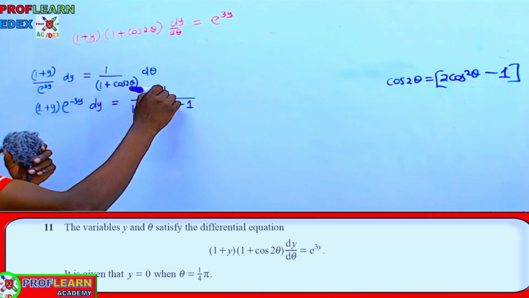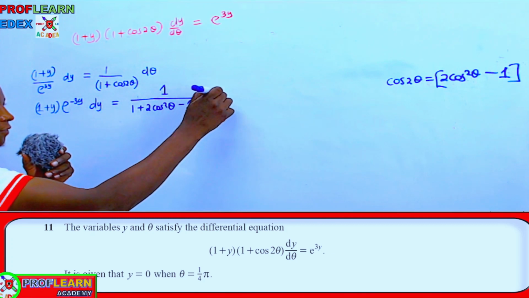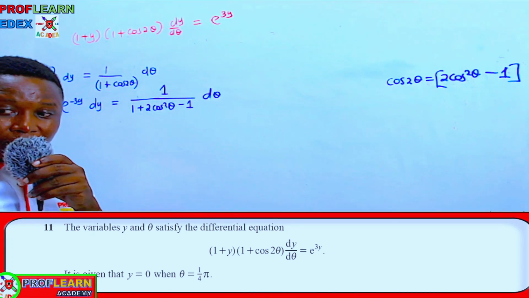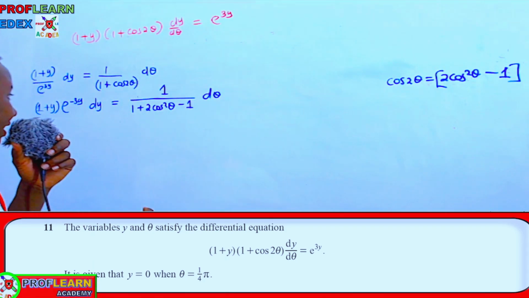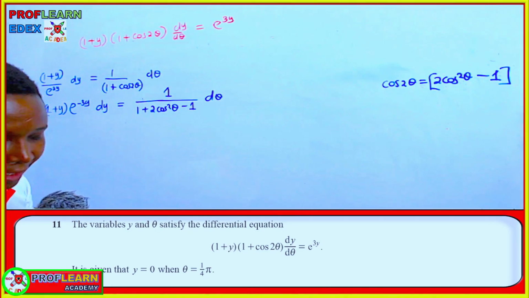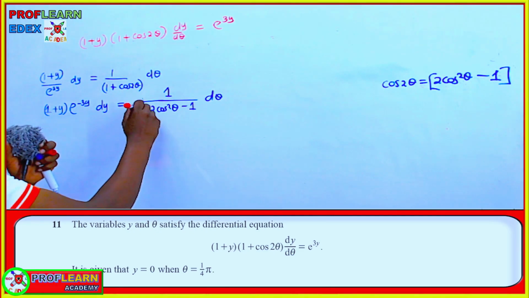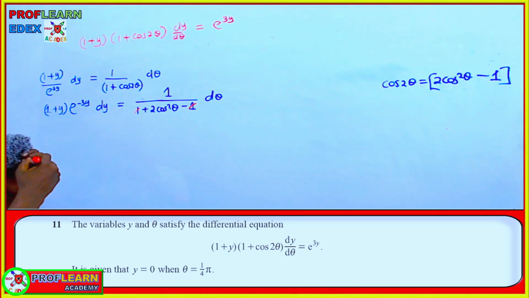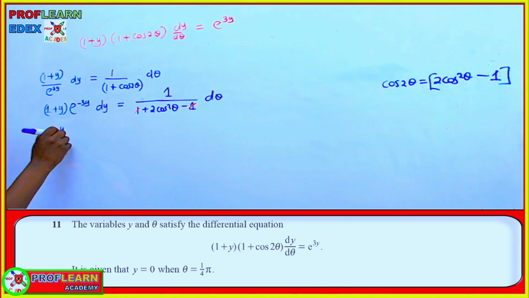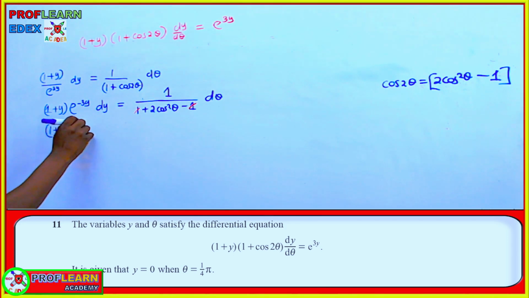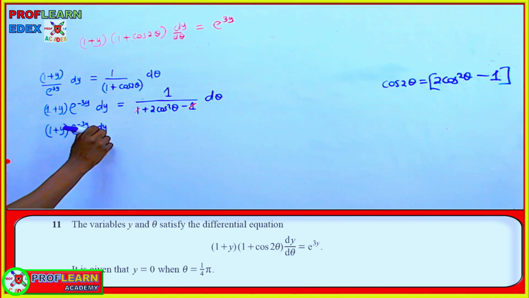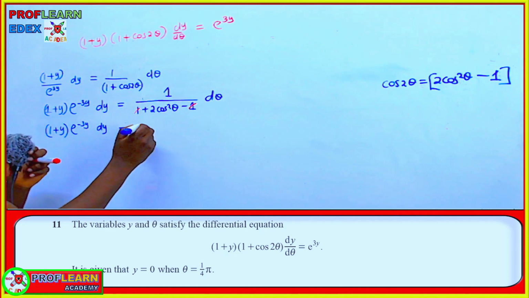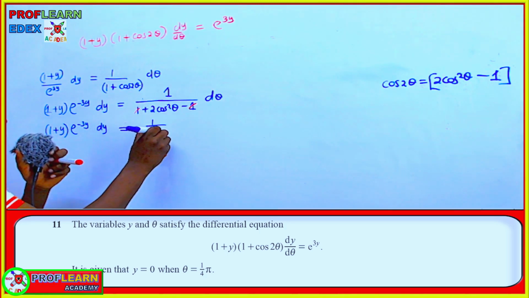Then I have the d theta at that given point. That will mean I can cancel this and this here, so that I'm going to remain with (1 plus y) e to negative 3y dy is equal to 1 over 2 cos